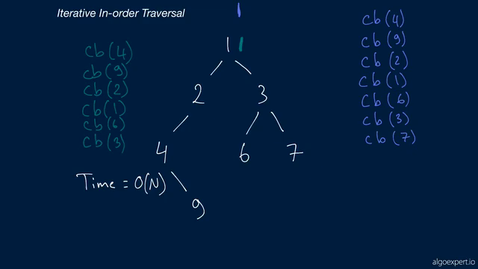In other words, we'll probably visit a node at most twice or 3 times, right? Like a node like the number 3, we visited 3 times. We visited it once when we went down, then we went to the 6, then back up to the 3 and we called the callback, then down to 7, and then back up to 3, and that's it. So since we'll visit a node at most roughly 3 times, and some of them fewer times, the time complexity